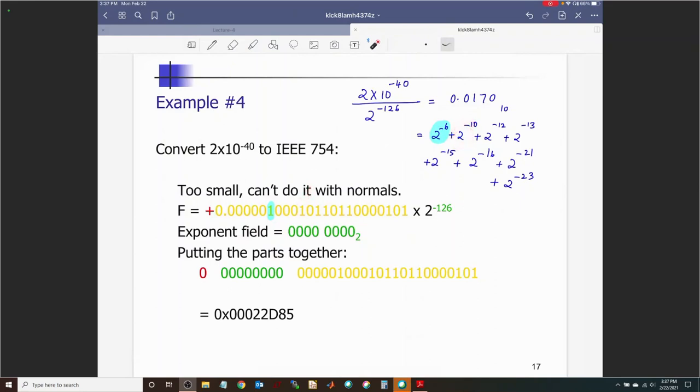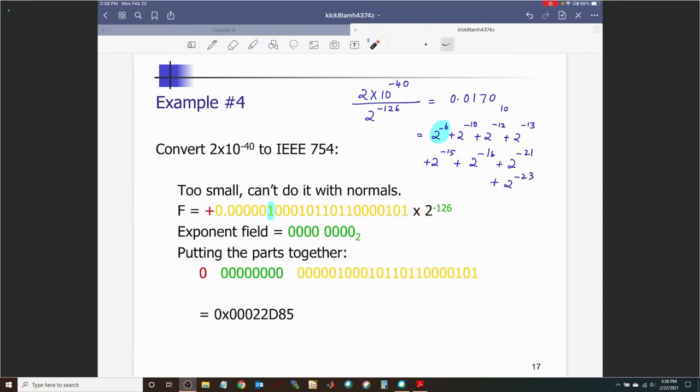Then this is for 12 and 13. You have this for 15 and 16. You have this for 21 and this for 23. So that's what is involved over here. That's how you get this particular 23-bit sequence, and then you multiply it with 2 raised to negative 126, because